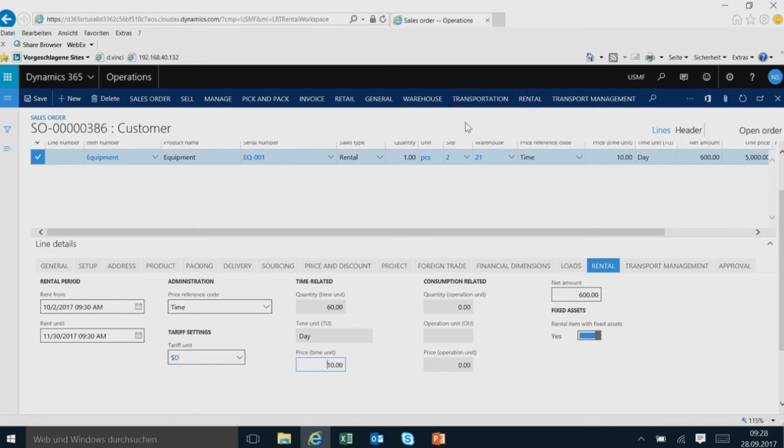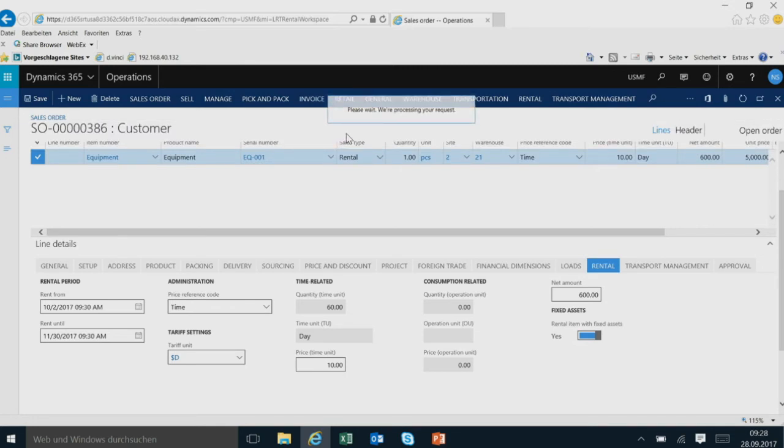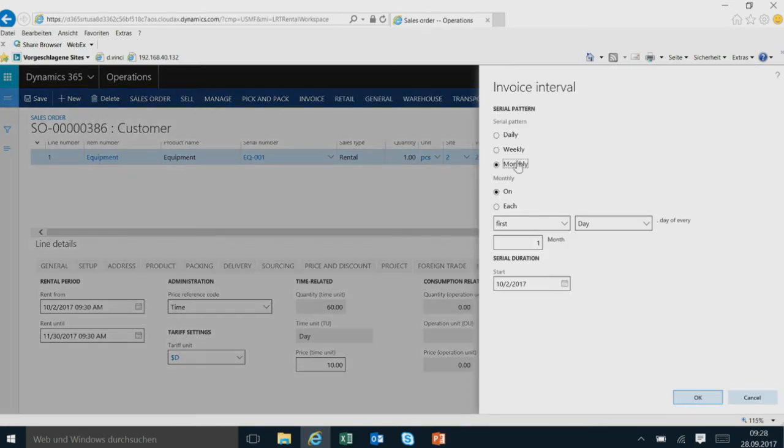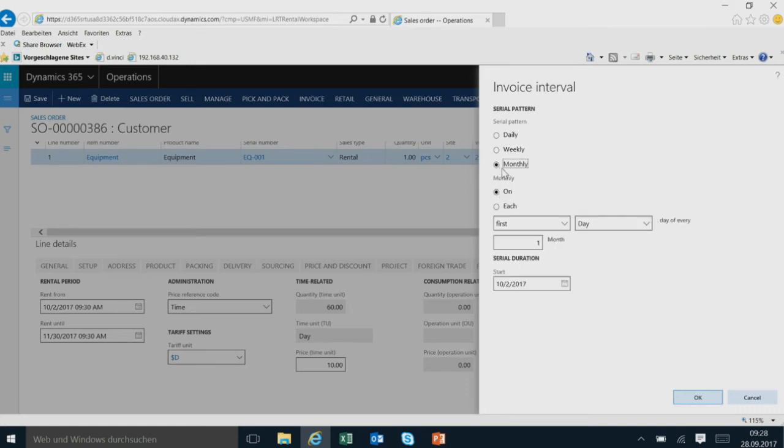So, by the way, invoicing is always a struggle. If you always have to check manually, okay, which contracts do I have to invoice? Therefore, there's a small help here, which is created on the customer level already, but I want to show it to you. You can actually set up the invoice interval independent of the price unit and so on. So if you, for example, want to invoice this customer every 2 weeks, you just say weekly, every second week on a certain day, or you simply say monthly, upfront or afterwards, or quarterly, however you want to invoice this customer. And the batch run creates the invoices automatically in the background.